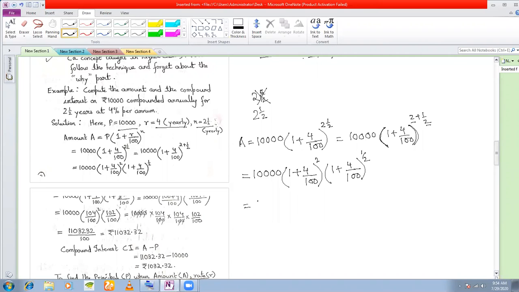Okay. Now the technique that I told you was that the first factor will remain as it is. And for the second factor, in order to remove this annoying power, this fractional power, what we do is we multiply this half with this rate only at the base. Now I have been able to manage to remove the fractional power. Now I can work with this. Okay. Is the technique clear?